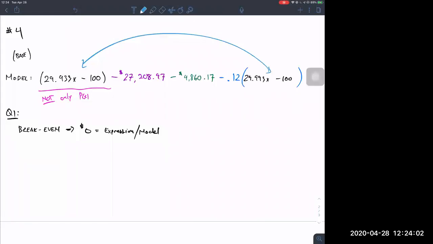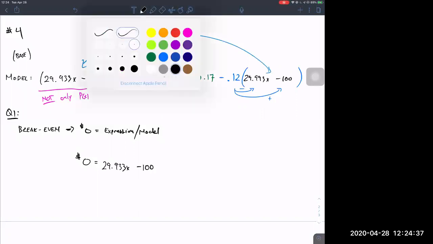You can distribute this here properly and you'll still get the right answer. Just watch out to make sure that this is negative and this is positive in terms of sign. Okay, so you're going to set this entire model equal to 0, which will look like this. And I'm going to distribute that just so that people can see. So it's 29.933x minus 100. Well, these are all numbers now, so I'm going to combine